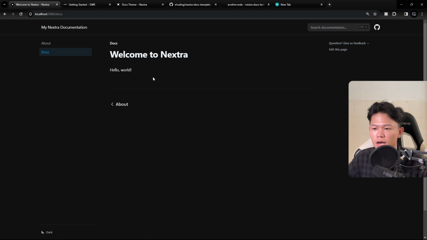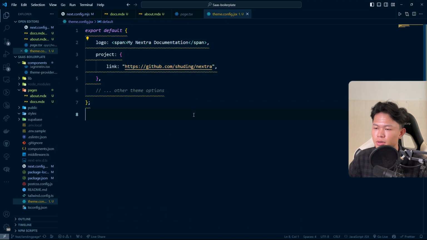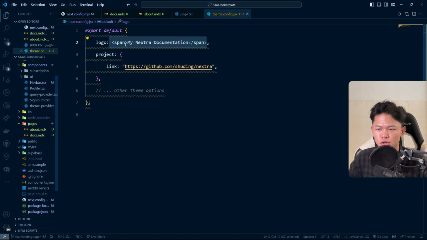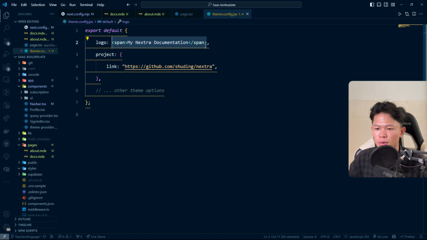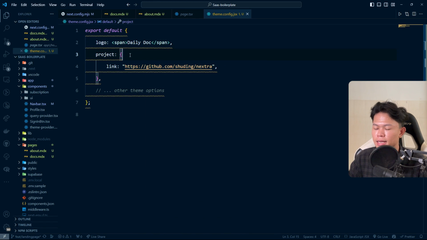All right, so in order to customize the theme, we need to go into the themes.config right here. You can see this is your logo, like your JSX element. If you have another component, you can write it inside here as well, or use it outside and then import it into here. But right now I'm going to change this one to, let's say, daily doc, and then let's come